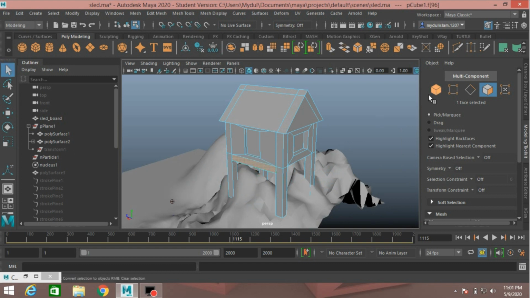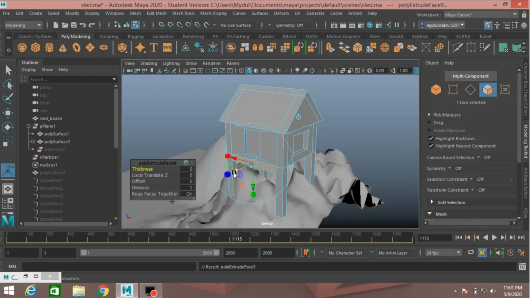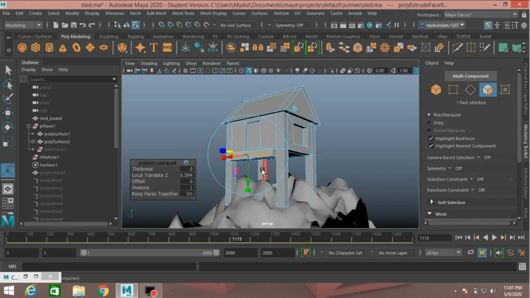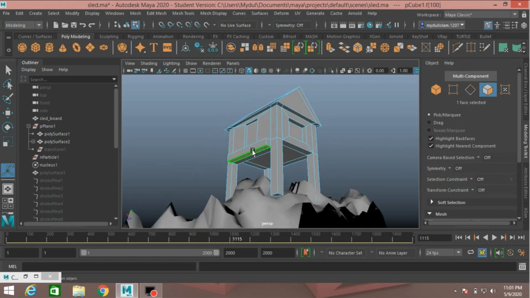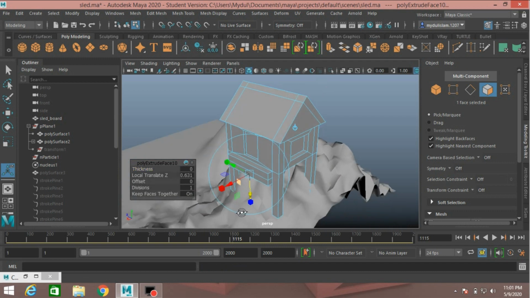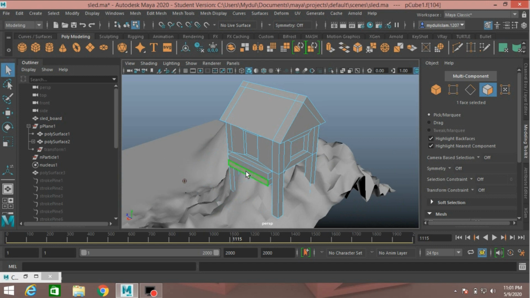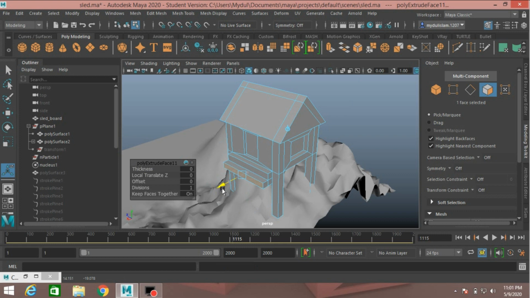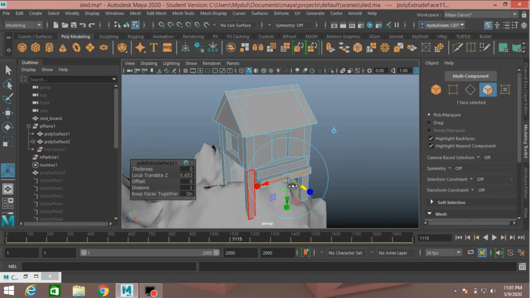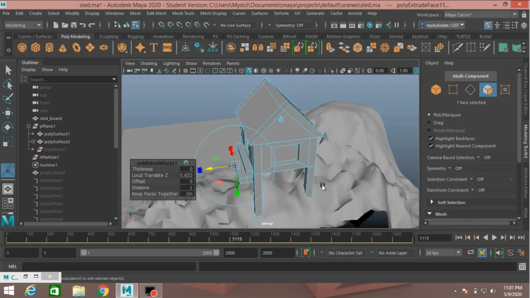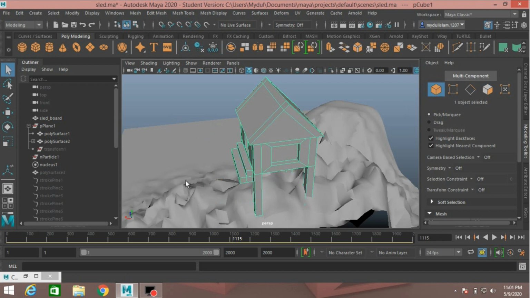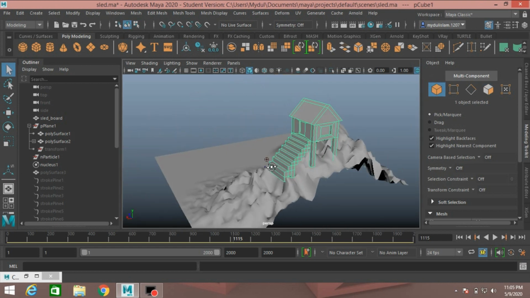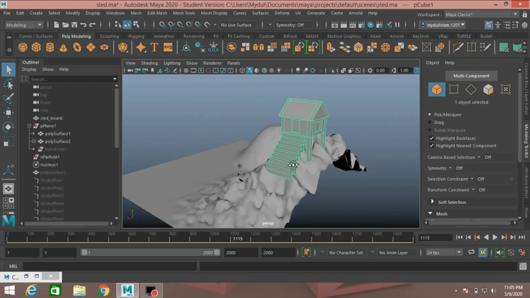Now select this face, extrude, this face, click extrude, move down, select this face, extrude, move just like this. Object. Now this is done.